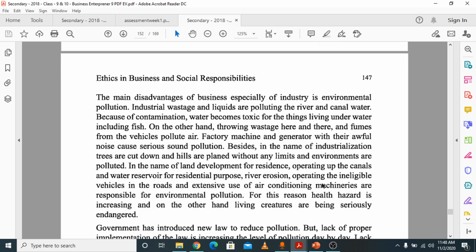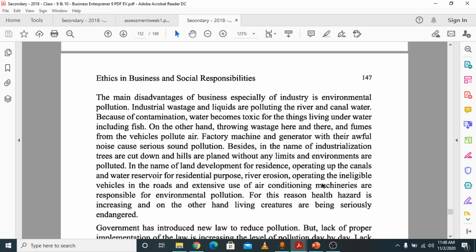In the name of land development for residents, filling up the canals and water reservoirs for residential purposes, river erosion, operating ineligible vehicles on the roads, and extensive use of air conditioning machineries are responsible for environmental pollution. That means industrialization or industrial development results in environmental pollution. The more industries are built, the more expansion happens,